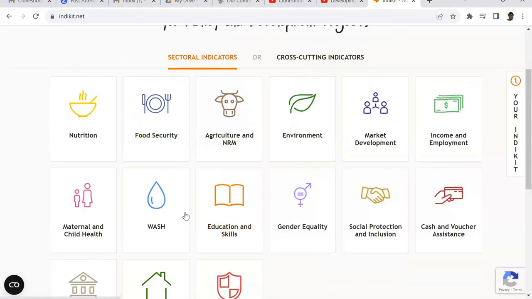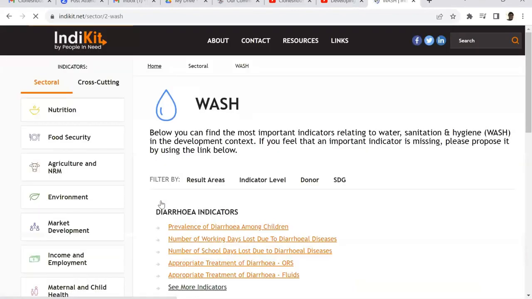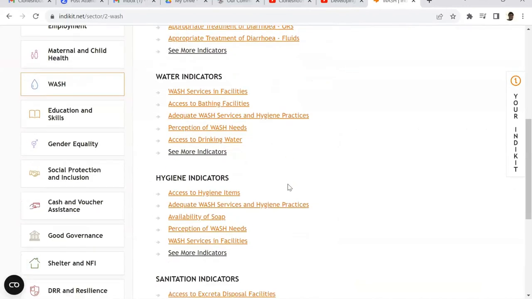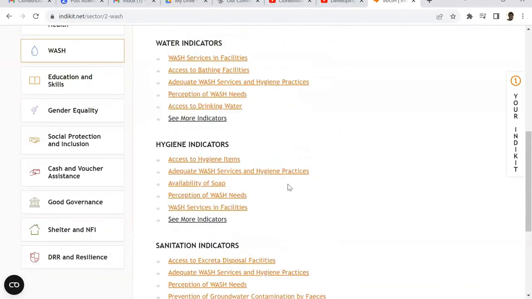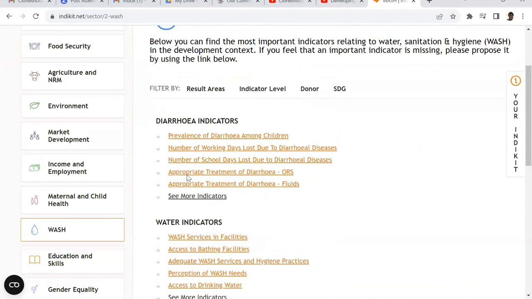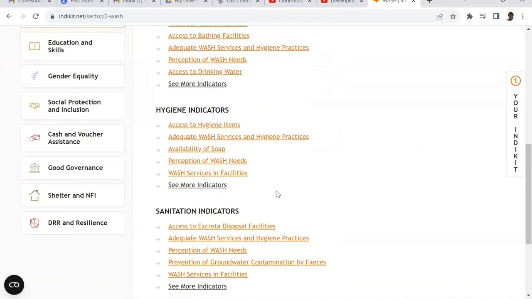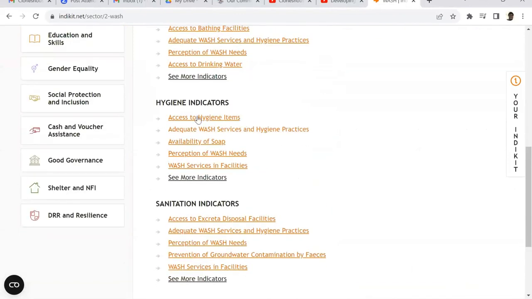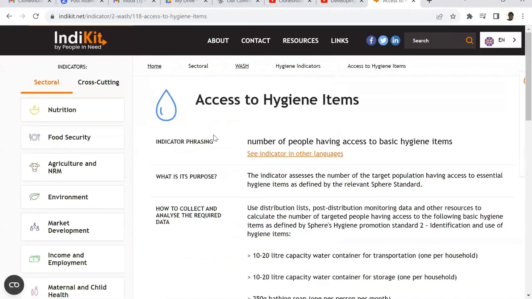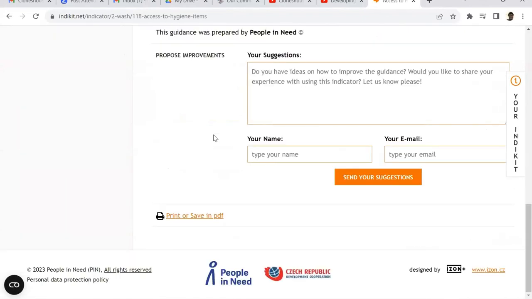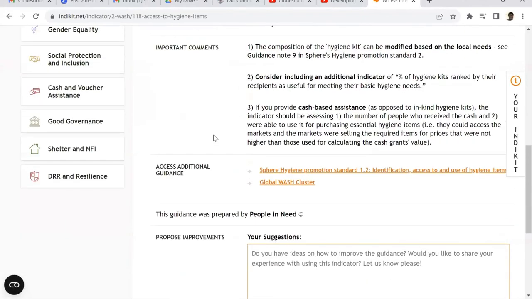If I'm working on WASH, for example, I can click here and you would find different indicators. You can see those on diarrhea, water-related indicators, hygiene indicators, sanitation indicators. So you can make use of any one of these.